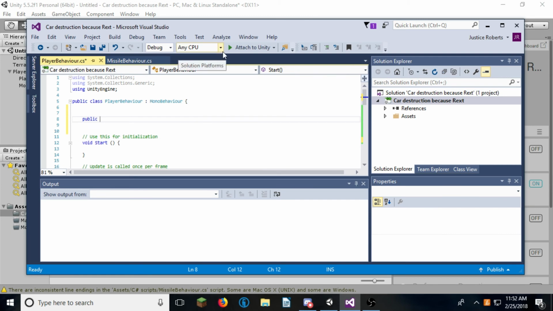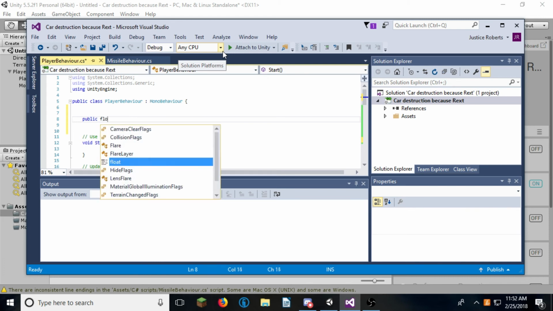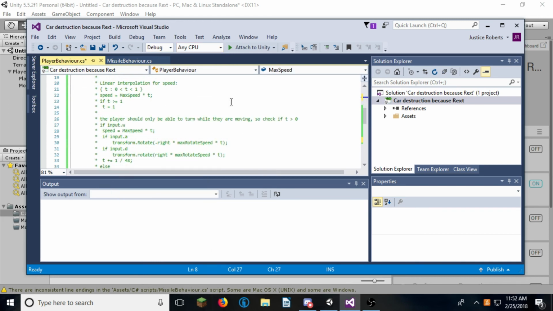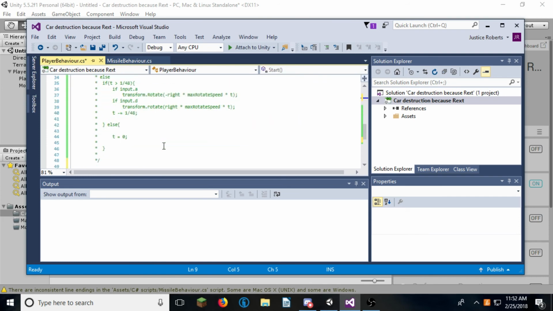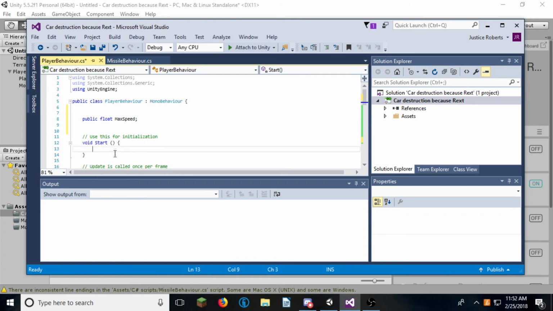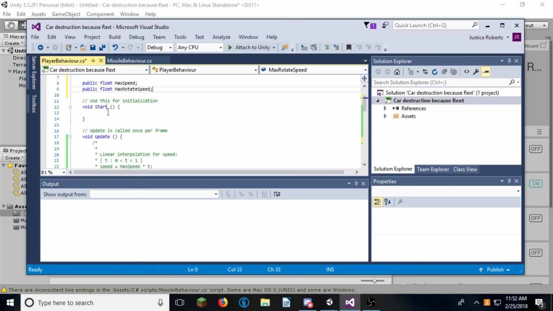Public float max speed, and I'm going to also say that on start, say public float max rotate speed, and on start I'm going to say that